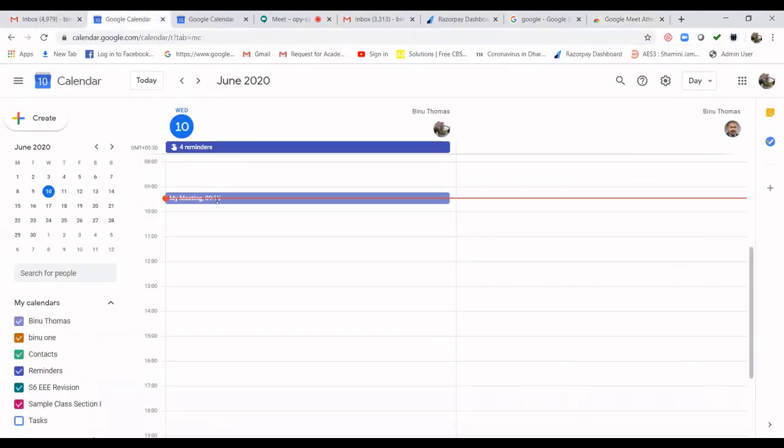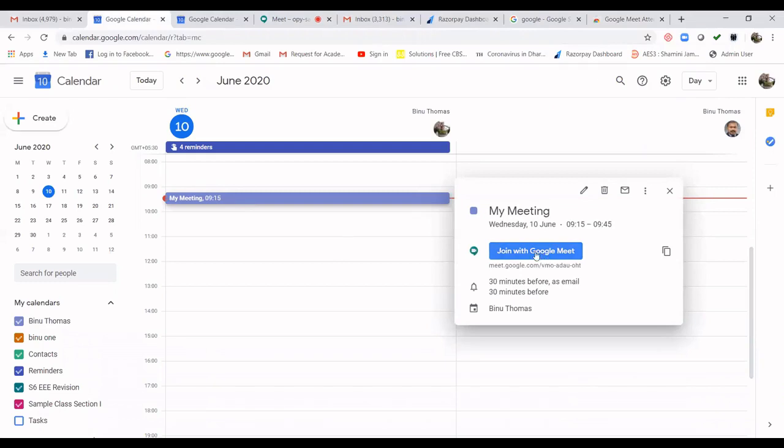Now I am going to Google Calendar. This is my meeting. If you click here, join with Google Meet, I can join here. Or, in the other way also, if you are starting a meeting, you get this, the unique identification for our Google Meet. If you select this, copy this, and share it among your participants, they can also join.